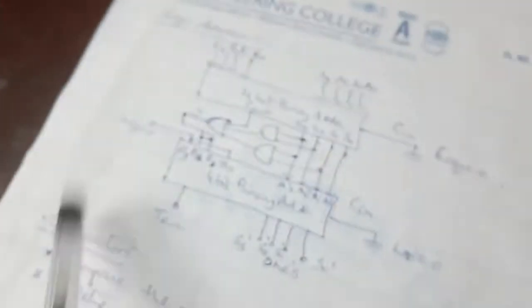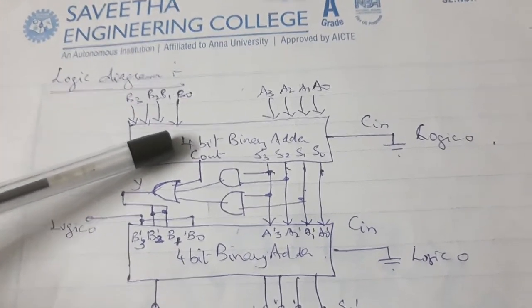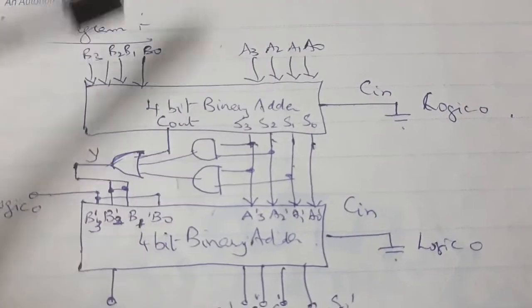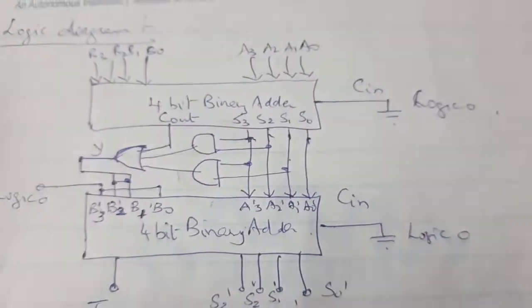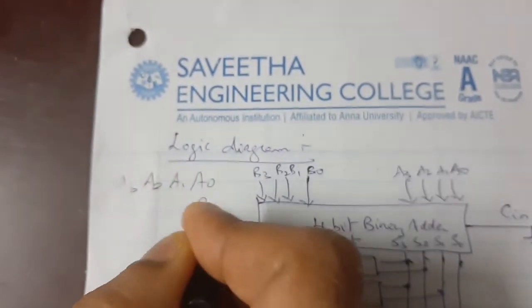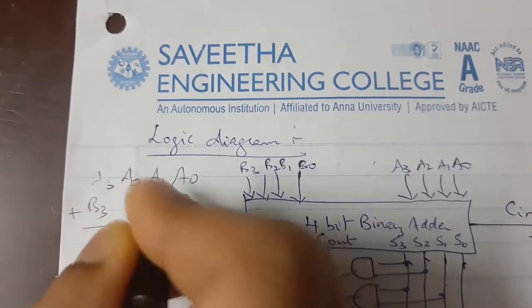How to draw the circuit? So, the circuit for this chip is, see here, it's a 4-bit binary adder. I'm going to take a 4-bit BCD, A0, A1, A2, A3, 4 inputs, added up along with B0, B1, B2, B3. Therefore, the information is like A3, A2, A1, A0 added up with B0, B1, B2, B3. So, both are BCD. What is the answer?